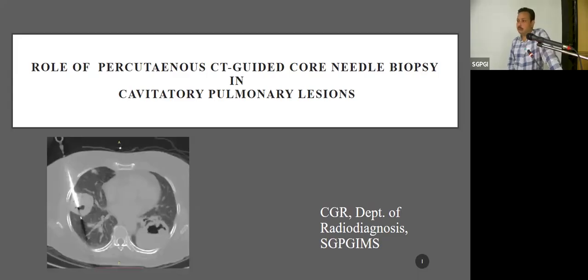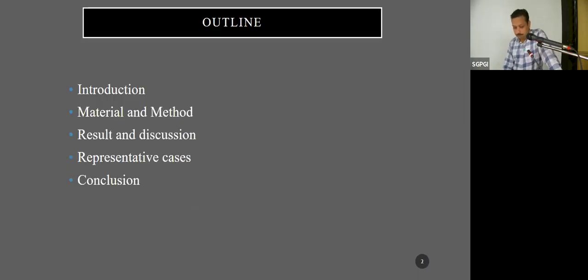in cavitary pulmonary lesions. Many times with these cavitary lesions, the diagnosis is made with sputum and lavage, so they are not always referred to us. But sometimes when there is a diagnostic dilemma and they could not achieve a diagnosis by other means, only then do they refer these cases to us. So we have done a retrospective study, and we'll be covering this session in these headings: